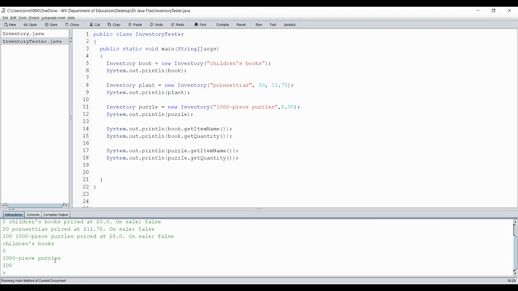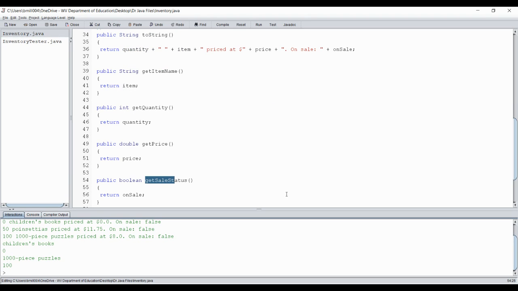Okay, so there's my puzzle name and my puzzle quantity. All right, so these are getters, or accessors. All I did was access or get some of the values. There was one more I wanted to do. Where was it? Oh, the stock update. Yes, let's go back and build our method for stock update, because all that's really doing